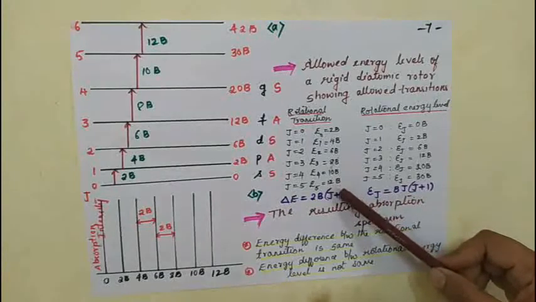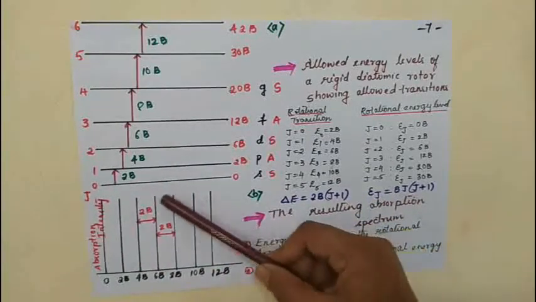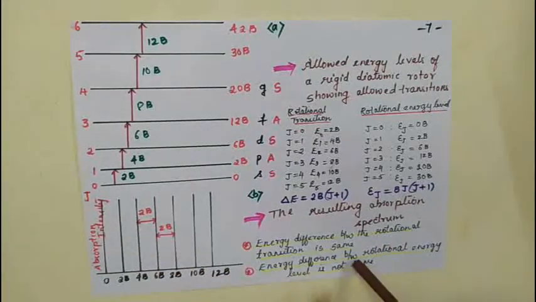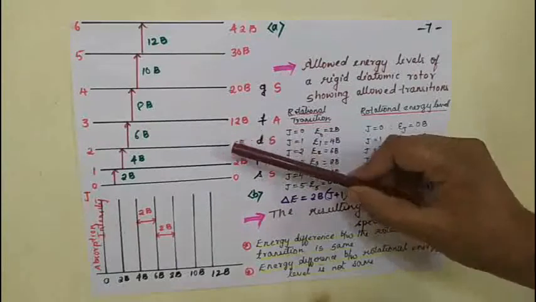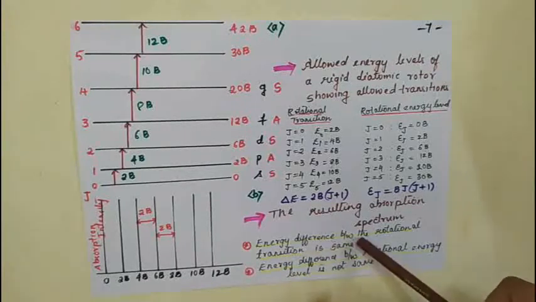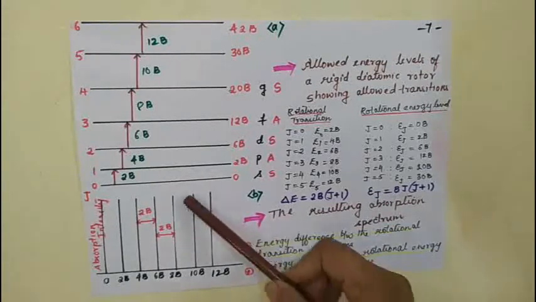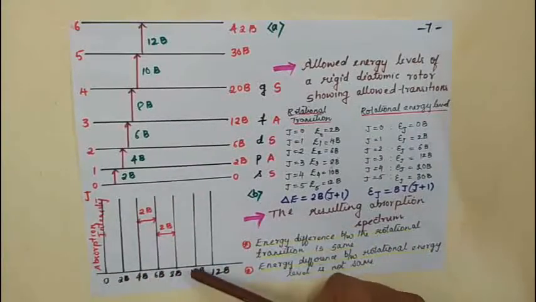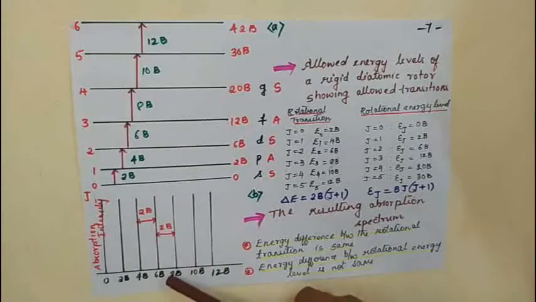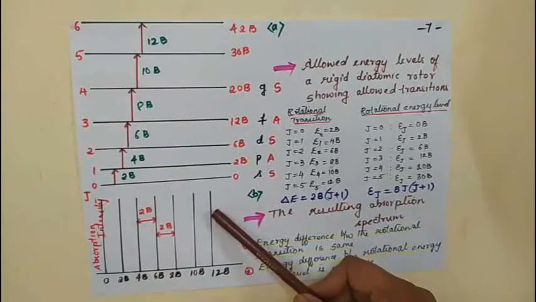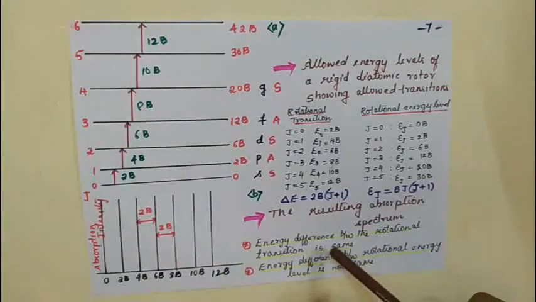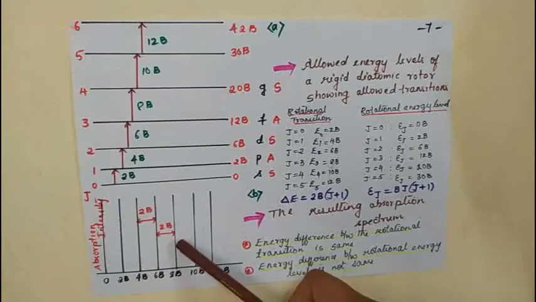Now if you keenly observe the rotational spectrum, the energy difference between the rotational energy levels is not the same. So understand these two key points: the energy difference between the rotational transitions. This diagram represents the absorption spectrum. The transition is recorded here in the form of an absorption spectrum. The spacing here is the same. The energy difference between the rotational transitions will be the same, it is 2B.